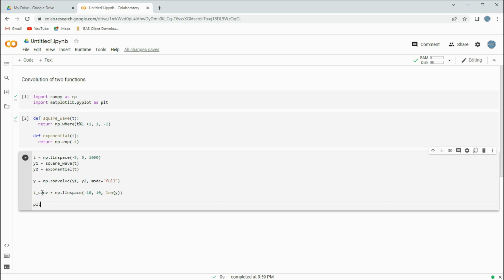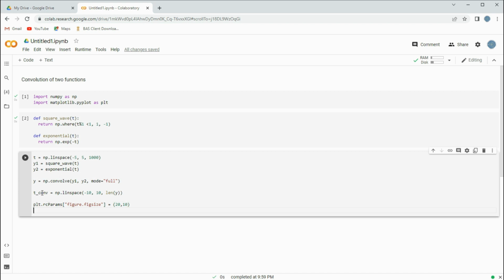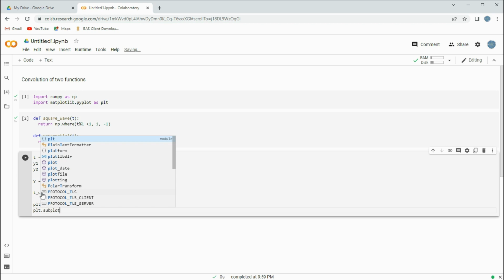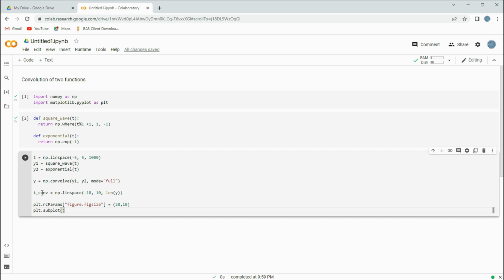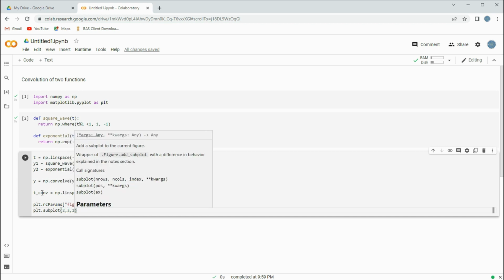So we'll start with plt.rcParams, square brackets, inverted commas, figure.figsize, bracket close and equal to, we are defining the image size which should appear at the output window. Okay, so it will be 20 by 10. Otherwise you'll see some small images and that too will be overlapping. Okay, now we'll define plt.subplot. Okay, we are dividing a complete window into subplots. It will be 2 comma 3 comma 1. All right,